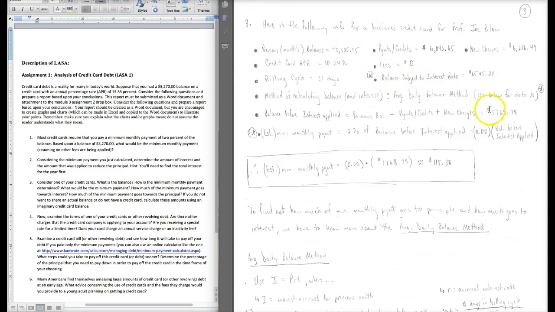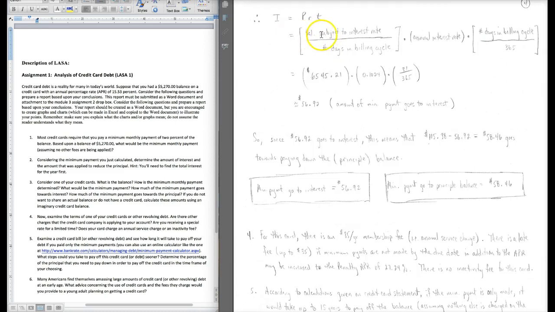And where did I get that from? I got it from here, balance subject to interest rate. And we got that, again, if we're doing the average daily balance method, by taking every balance that I had from the first day of the billing cycle to the last day of the billing cycle and dividing that by the number of billing cycle days, and this is what I get. So here, that's what this balance subject to interest rate is. Divide that by the number of days of the billing cycle